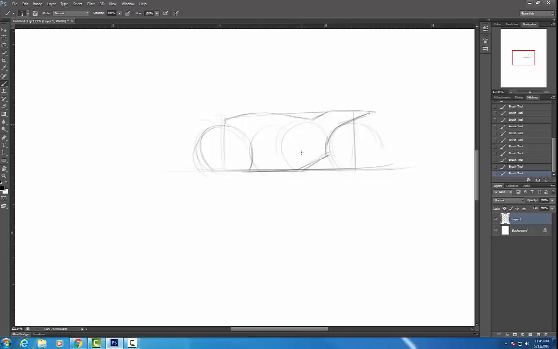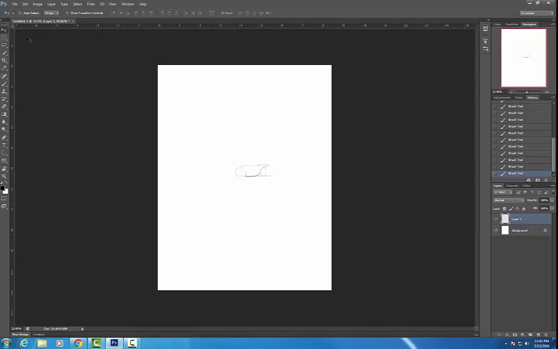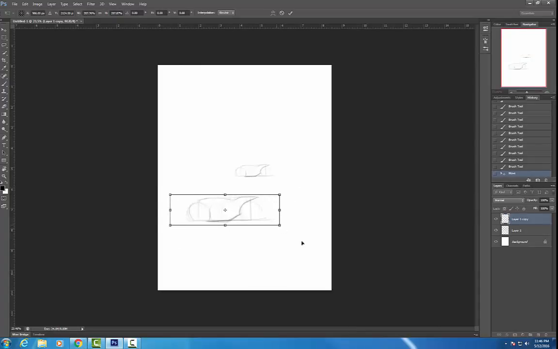And since I'm trying to do this really quickly, I'm not going to get into a lot of details. In fact, I'm pretty much just going to design the sculpture of the fairing, or the plastic shell that covers all the mechanical stuff. I'm not even going to really get into the wheels. So once I've established where that body is, I can duplicate it, scale it up to a presentation size,